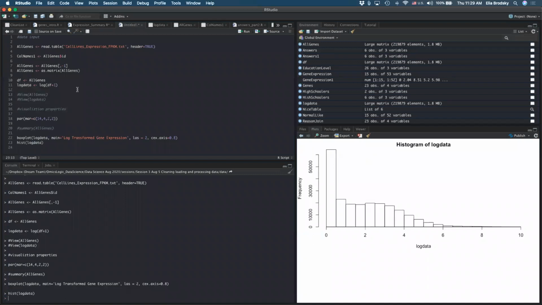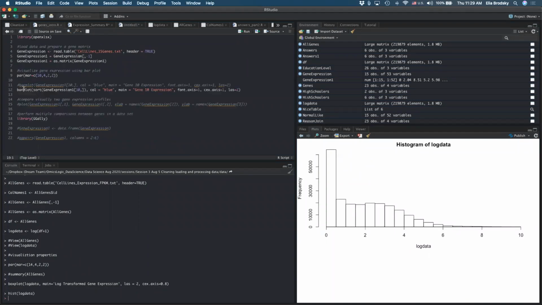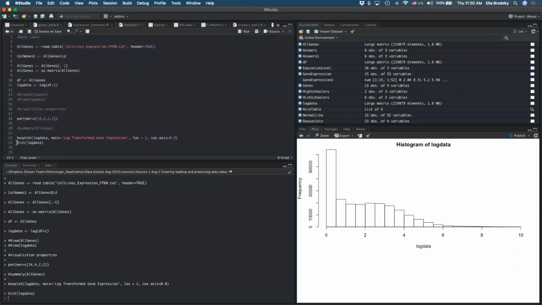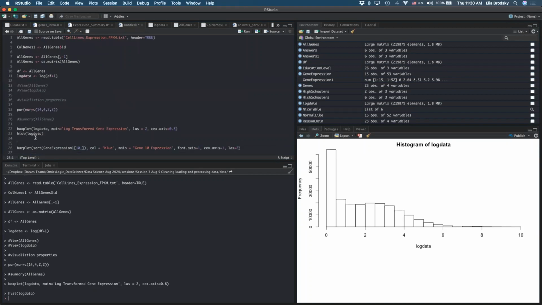Okay, so what can we do then with this? We can, of course, ask the question, just like we did in our previous genes, right? We can take a bar plot, so we can just copy this over from here. And you can start asking questions about specific genes.